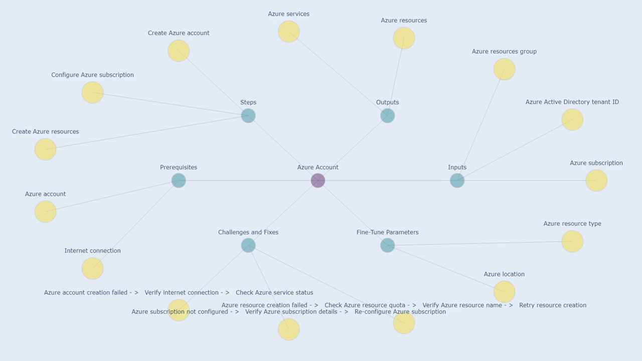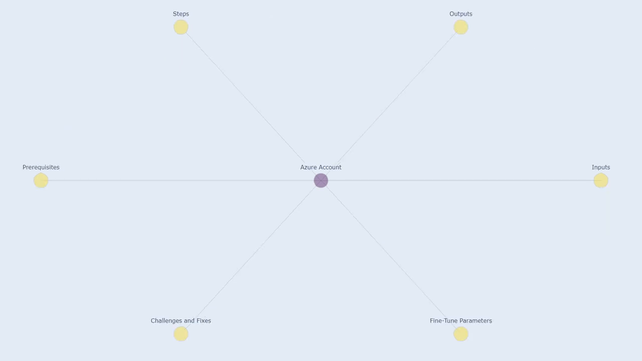Azure Account Inputs. A unique identifier that authorizes access to Azure resources. This is akin to a membership key for your Azure services. For example, your subscription ID might look like